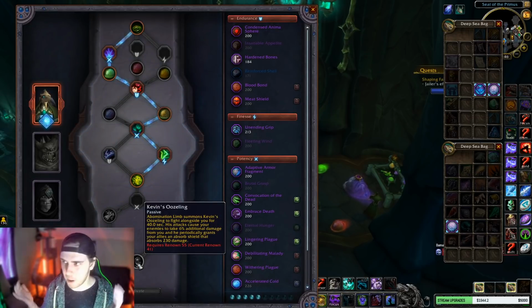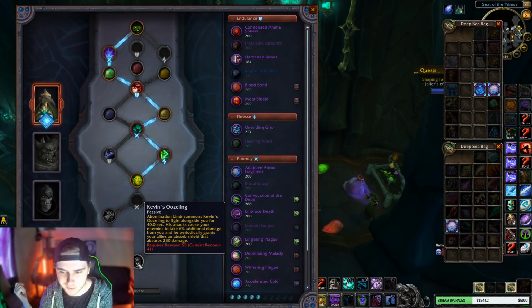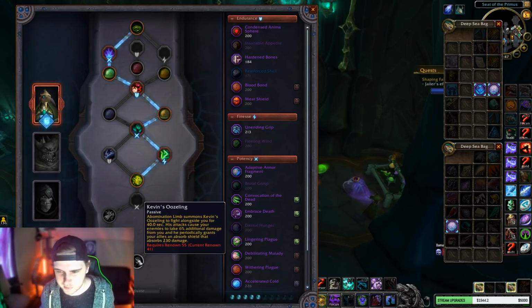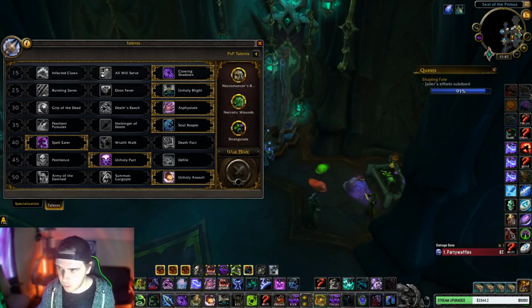Say you're Unholy, you're popping all your pets, you're popping the zoo on them, and then you just pop an additional Oozling. So Kevin's Oozling, Abomination Limb, summons Kevin's Oozling to fight alongside you for 40 seconds. His attacks cause your enemies to take 6% additional damage from you, and he periodically grants your allies an absorption shield. Not the biggest shield, but it's still a free shield, right? What we're really going for here is that 6% additional damage. So 40 seconds he's going to be attacking and applying that, right? So that's a 6% on top of your...